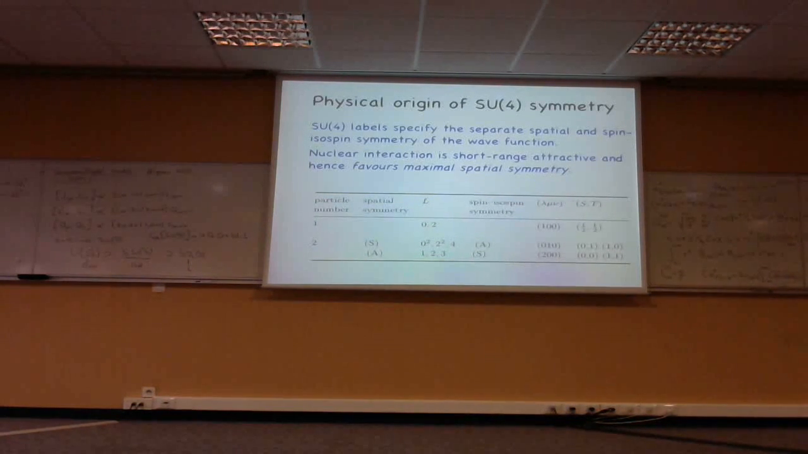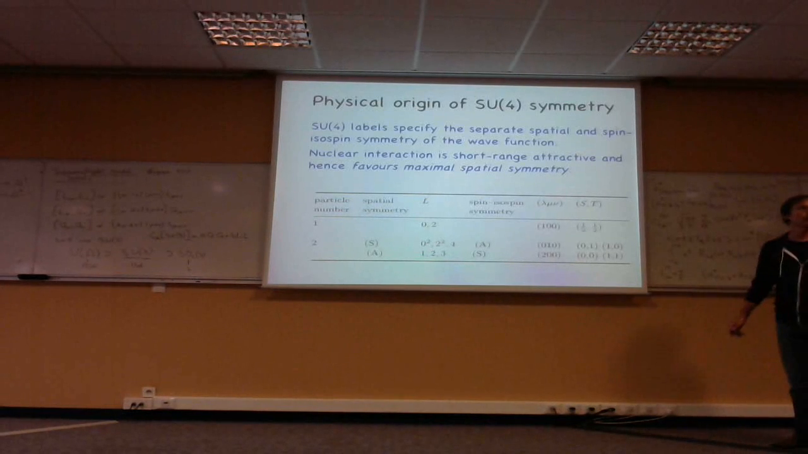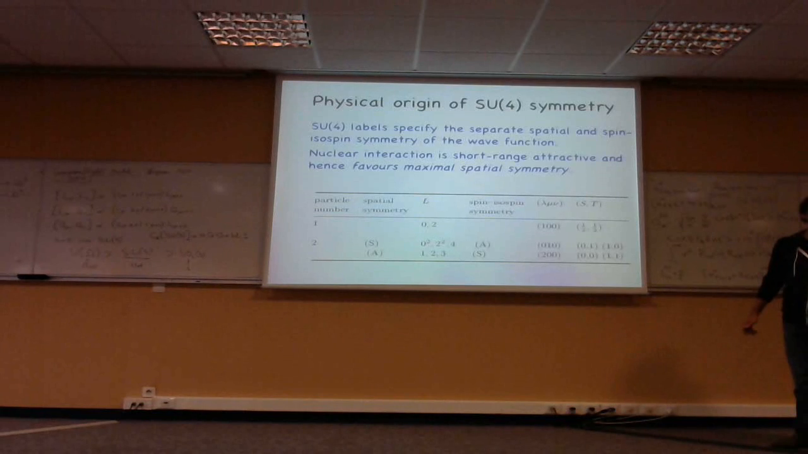So the punchline: the nuclear interaction is short range, attractive, therefore it favors maximal spatial symmetry. This is because we showed that for the attractive delta, and the nuclear interaction is close to an attractive delta, so we can pull some of those conclusions about the attractive delta to the real nuclear interaction. Yes. So can we conversely say the opposite, like for these really loosely bound systems,